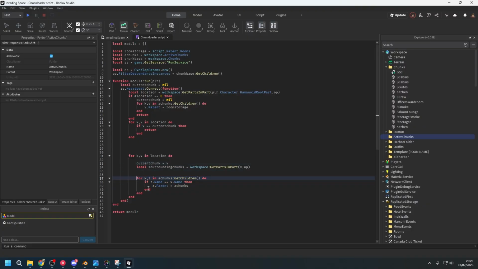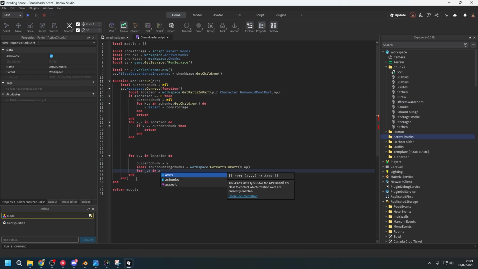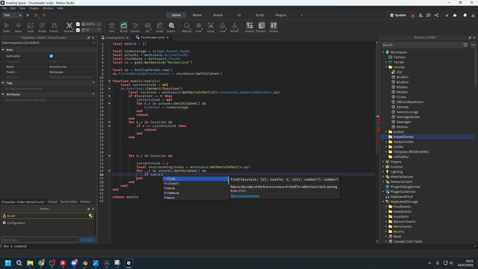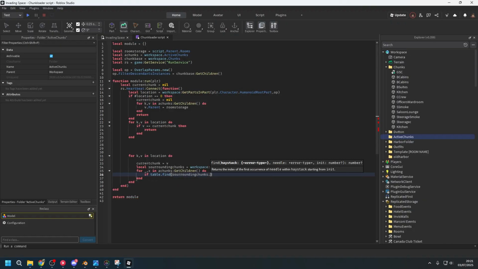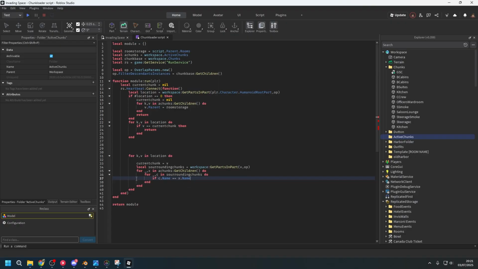Now we can just run two loops. For K, now we need to do X and chunk base. No. A chunks get children do if table dot find surrounding chunks X. No, because that returns an instance. Never mind. Okay, I need to run another loop. A lot of loops. And we'll name this one C, and surrounding chunks do if C dot name equals X dot name, then